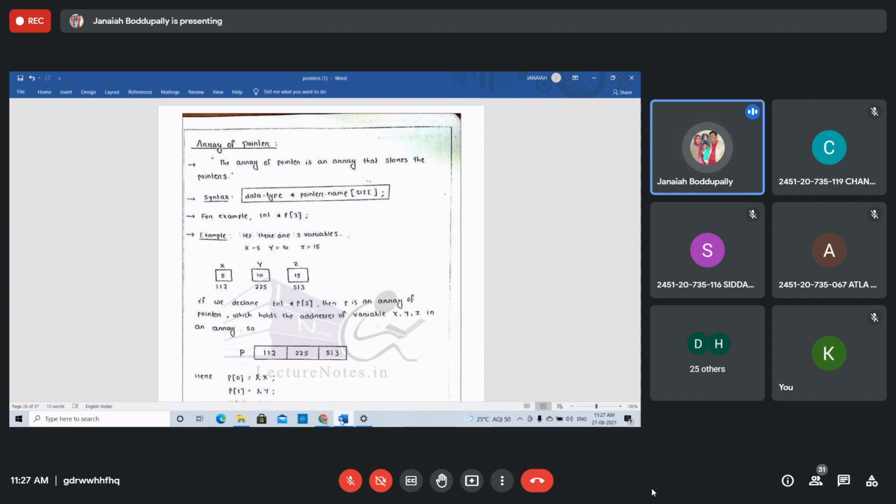An array of pointers is an array that stores the pointers. That's it. I will show you that example.